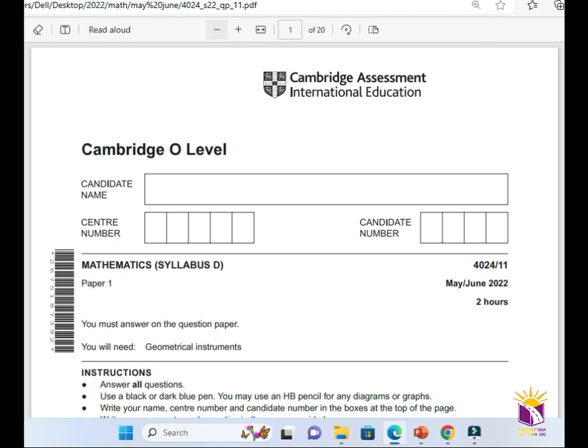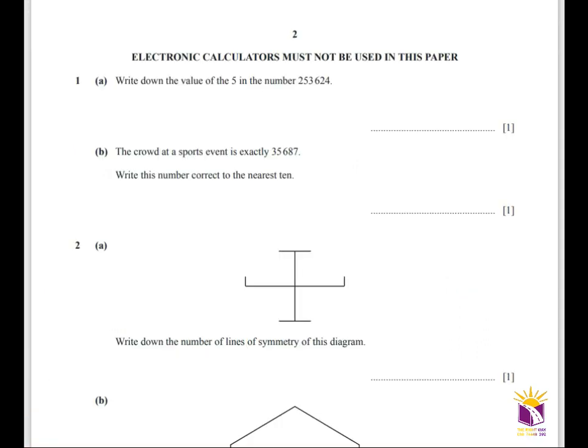Today we are going to solve Cambridge O Level Mathematics paper, Syllabus D 4024, May June 2022, Paper 1, Variant 1. Question number 1. Write down the value of 5 in the number